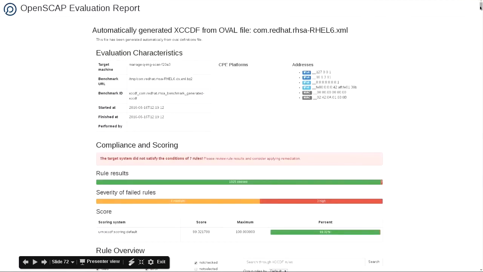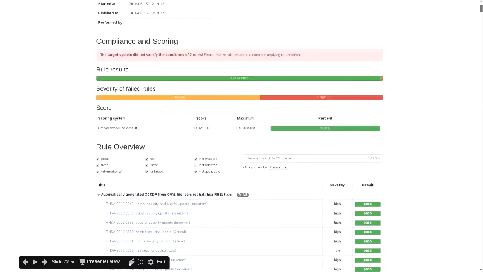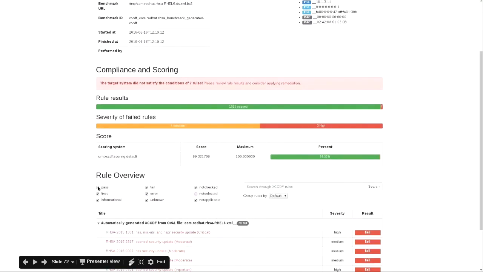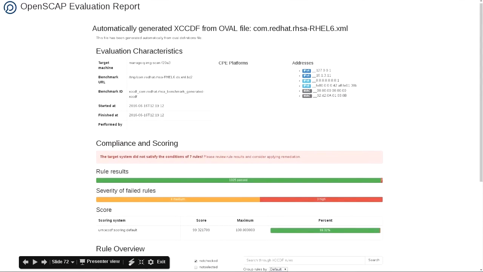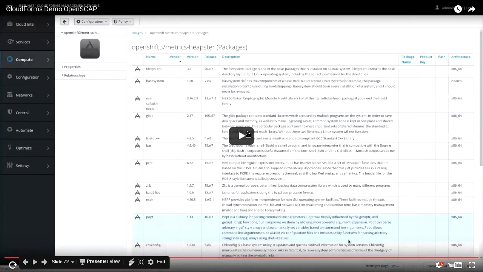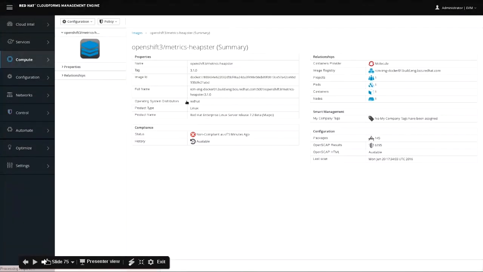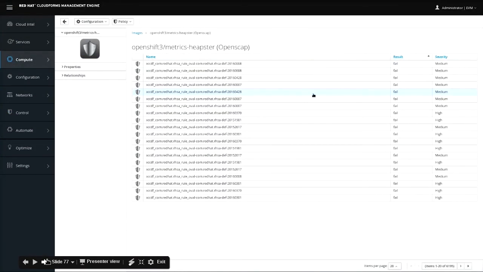And then if you want to look at the report, the one generated by OpenSCAP, you can also do that because we are able to present it to you in the same manner that you're familiar with if you already are using OpenSCAP. That is a very dynamic report and very known, so I'm just going to